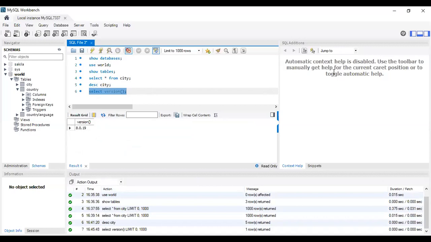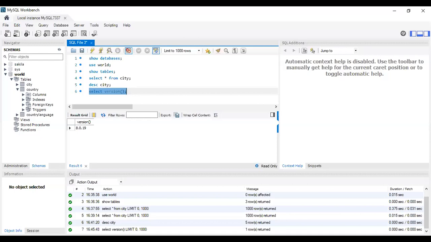Now our interest is not to discuss MySQL itself. Our interest is that we are doing Python programming, and from Python programming, how we can work with MySQL. That means how you can save your data, read your data, delete your data, and update your data.